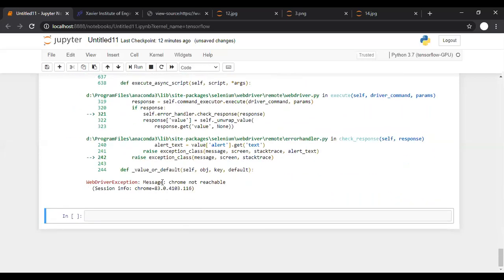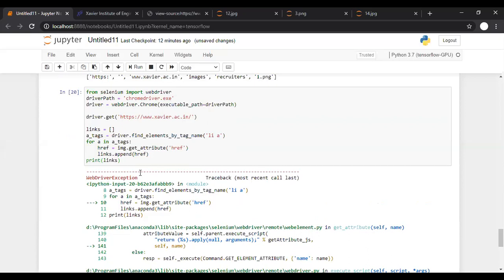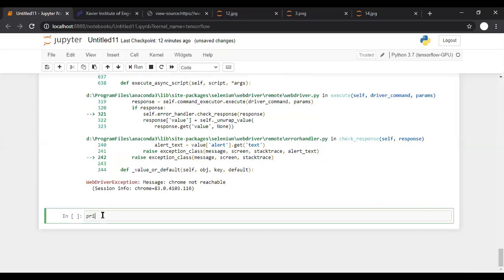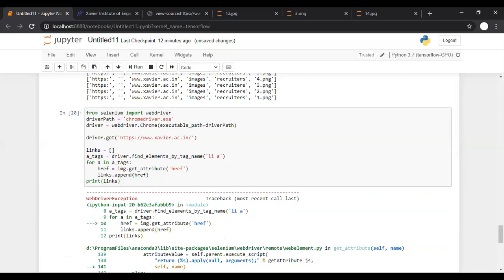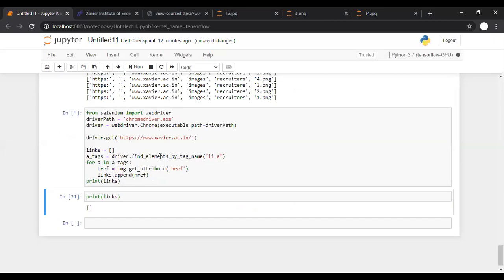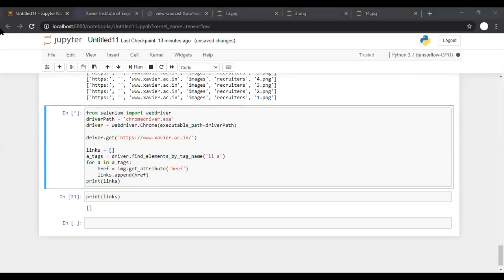It is saying, okay, Chrome not reachable, something like that. For href, let us print our links, whether there is something in this or not. I guess I should not have closed that. Let me run this code one more time. It is saying that it's not linking. It's getting loaded.